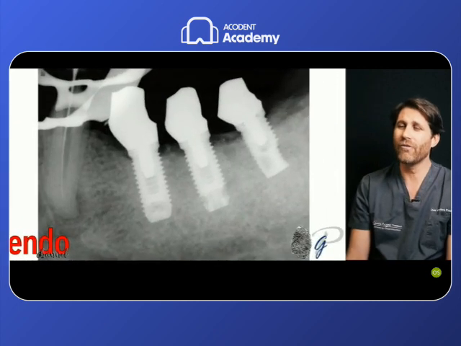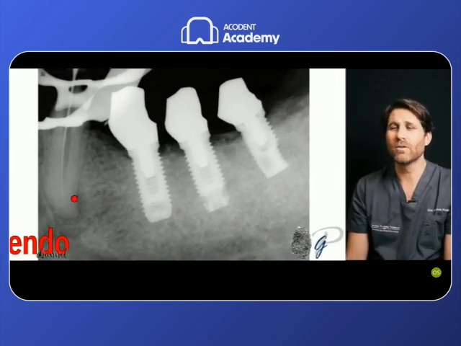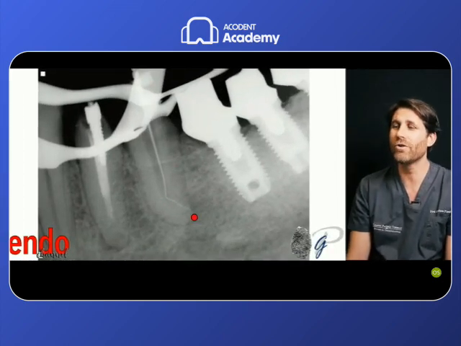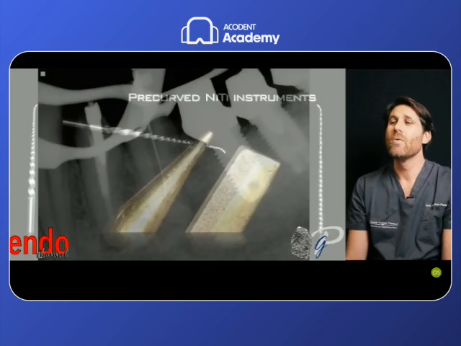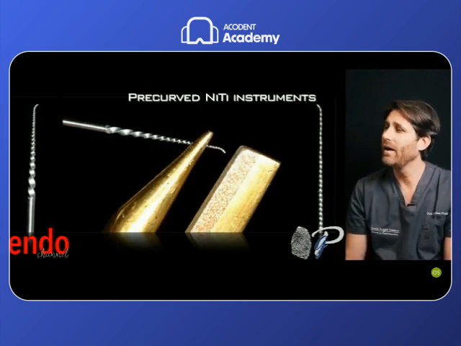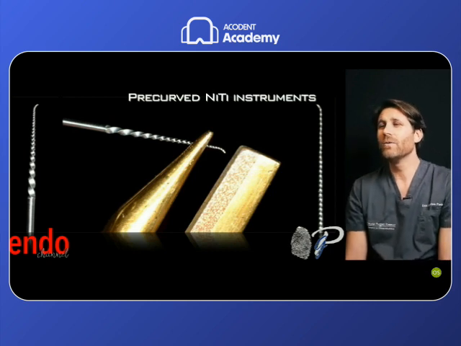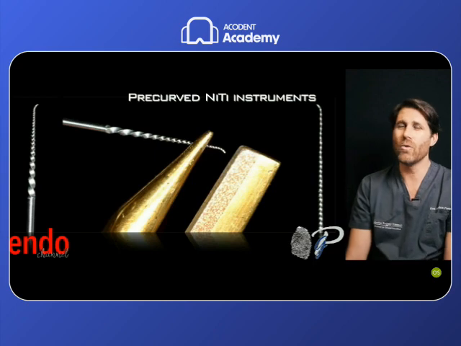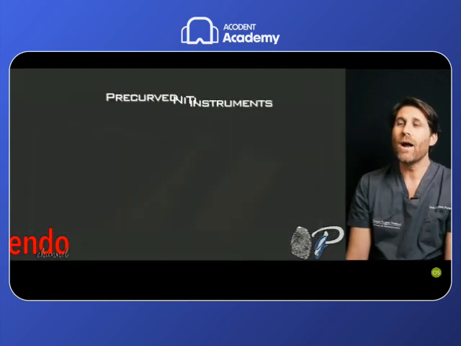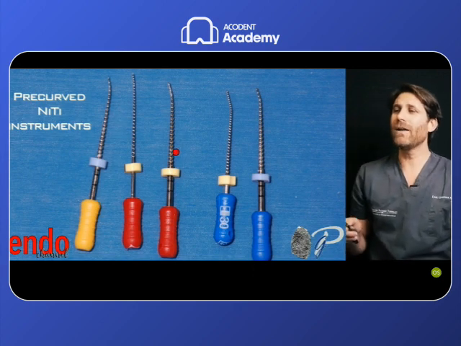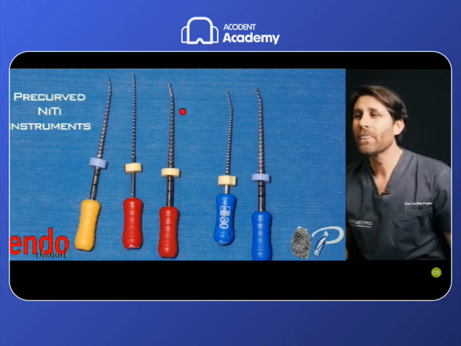This is a case of a ledge in a retreatment. It cannot be scouted by hand file over this point, but just by precurving the small stainless steel file, we go over the ledge, we overcome the ledge. We can precurve the nickel titanium instruments with specific pliers or orthodontic pliers or anything you have in your armamentarium. So I like to precurve the nickel titanium .02 Nitiflex and the nickel titanium tapered files.